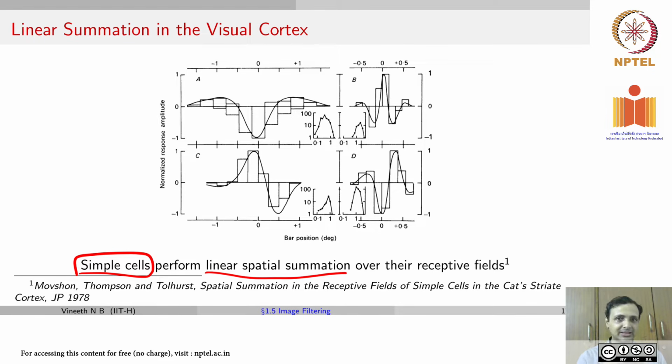Obviously, you keep repeating this at every pixel in your image and you get the output. But when you do one particular operation, your receptive field is 3x3. So coming back to this point, this work here in the late 1970s showed that simple cells actually perform linear spatial summation. So it seems to hint that correlation and convolution could be operations that we could use to perform operations on images similar to the mammalian visual cortex.